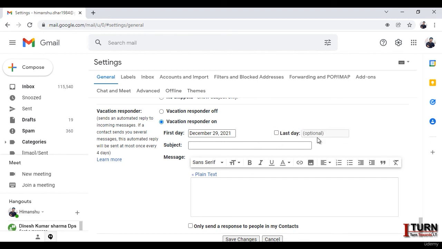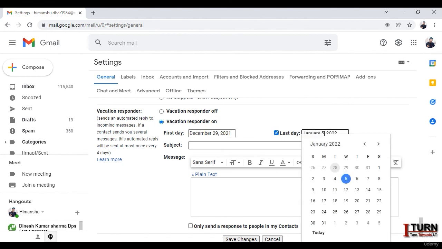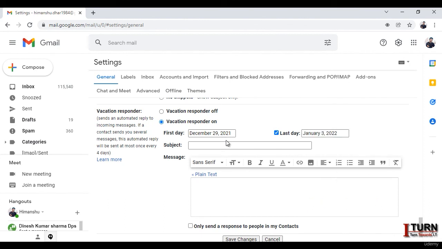If you have not made a selection for it, then it's going to be on till the time when you come here and turn it off manually. So you may give the last day also. So let's say I'm selecting the last day, 3rd of January. So that's the vacation. Now here you can mention the subject, that is out of the office,